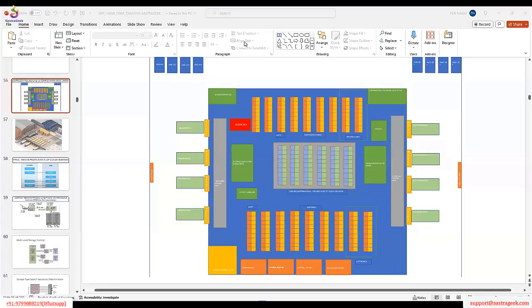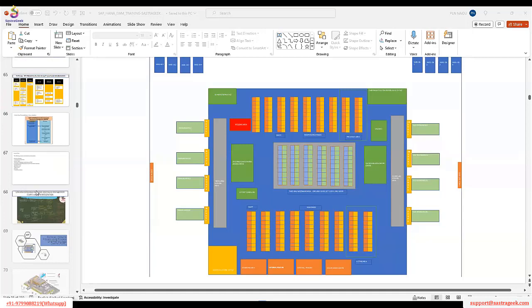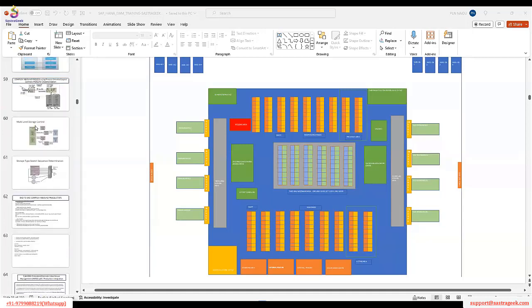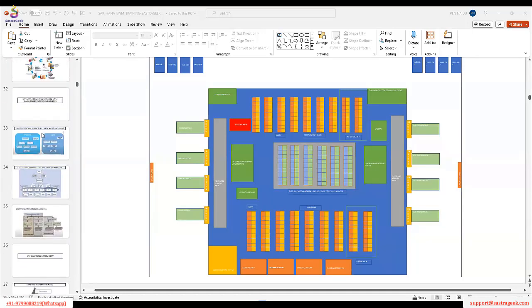Sir, actually, I want to know what is embedded system. You want to understand what is embedded system? Yes, sir, I am new in EWM. Okay, don't worry, that's what we will cover extensively. Embedded means, like, we have a SAP portfolio where we have seen that. Let me put up one picture. You should understand the SAP